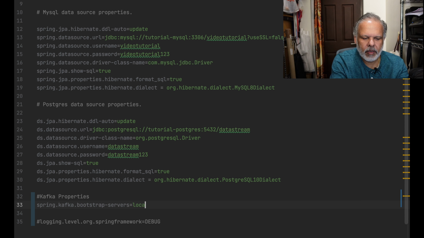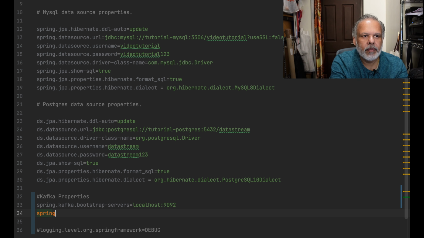Now you can define your server name. For testing purposes, I am going to run it on my localhost. So this is the setting. The default port is 9092,